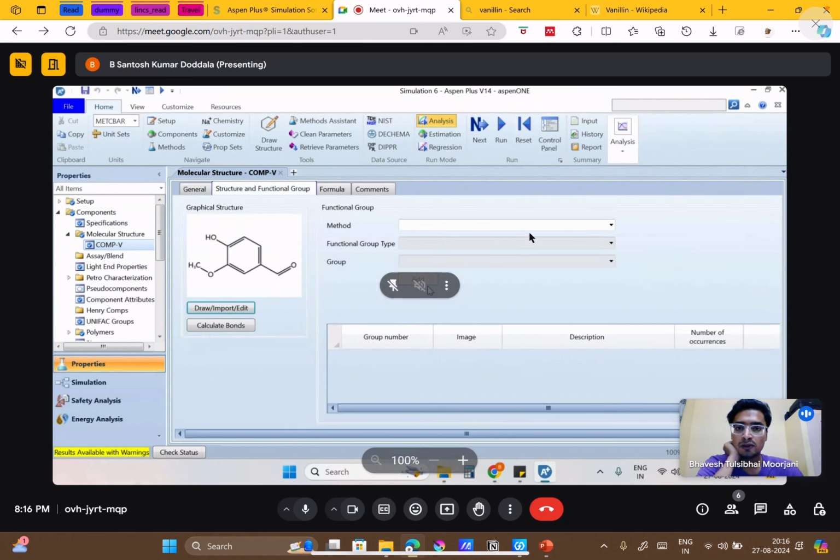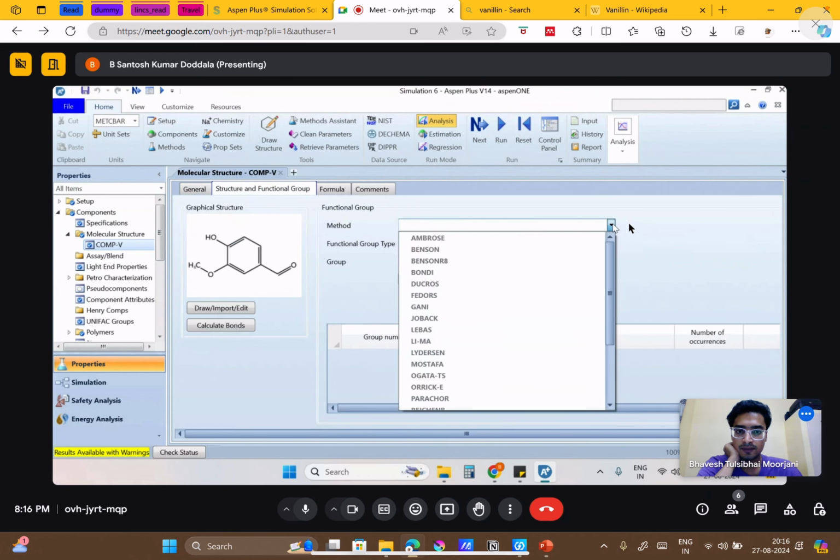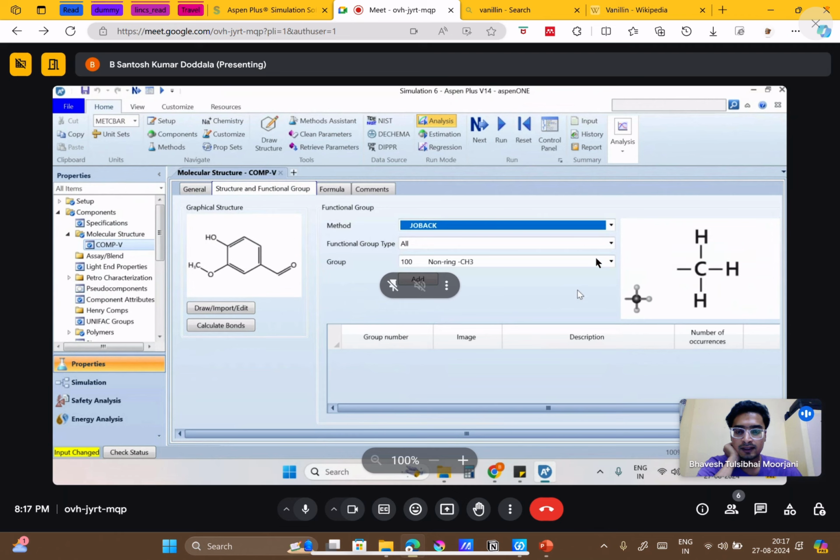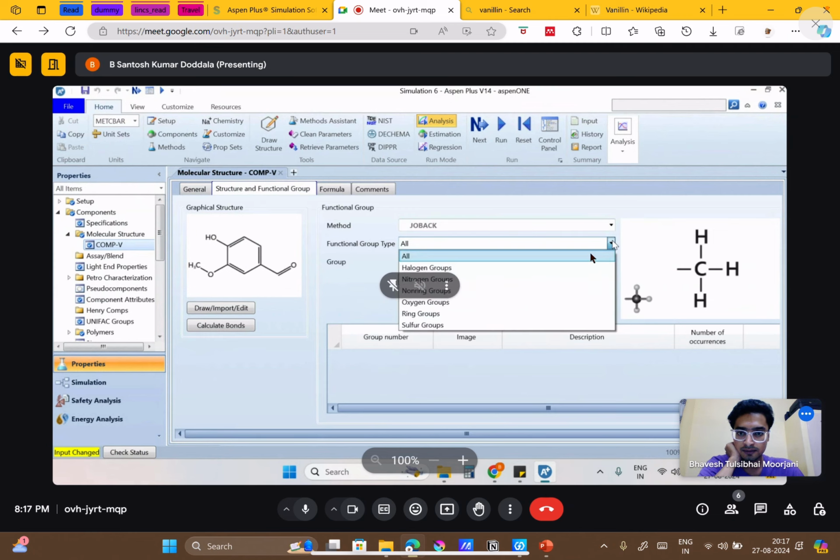In the functional group, there is the method option on the right tab. Click that. In the scroll down method, you can see these are all the group contribution methods, the Joback group method, and there are other methods also. Each group method has functional group type, and then group.